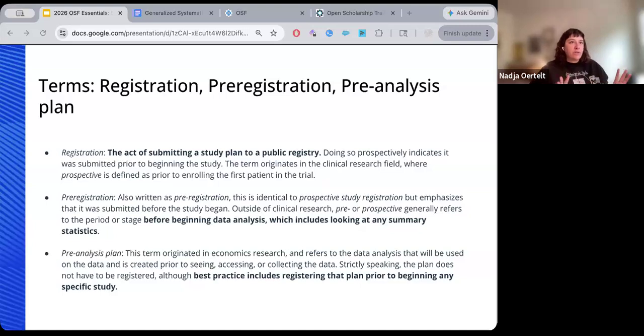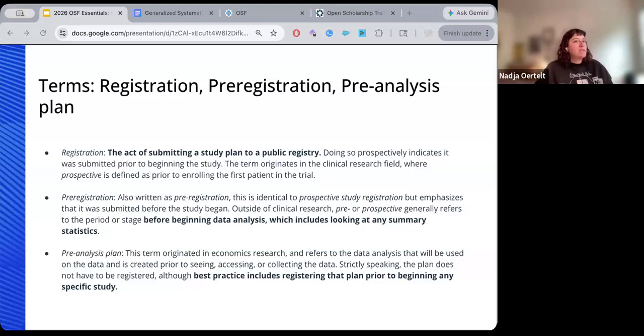Outside of clinical research, pre means before you do the thing you say you're going to do. So, for example, before beginning data analysis, which includes looking at summary statistics. A pre-analysis plan is a term from economics, and it refers specifically to the analysis plan that's created before accessing or collecting data.